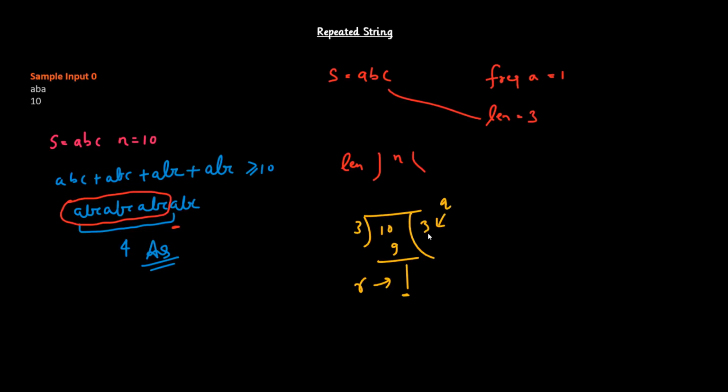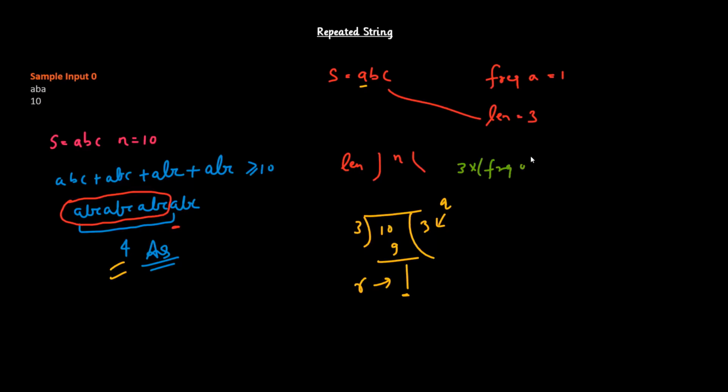It means 3 complete strings are required plus 1 character of the same string. So this clearly explains that 3 times you have to repeat the same initial string, plus, in addition to that, you have to take the substring of length 1. So 3 into